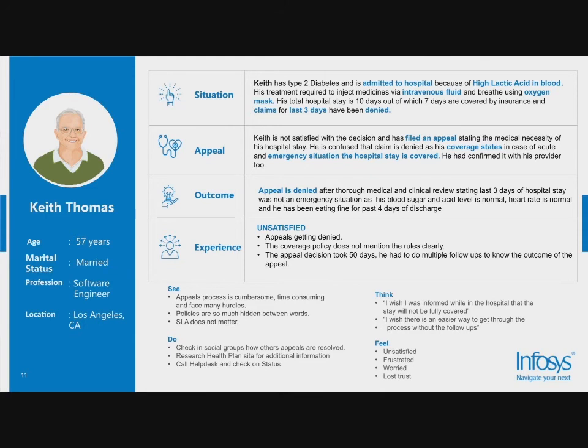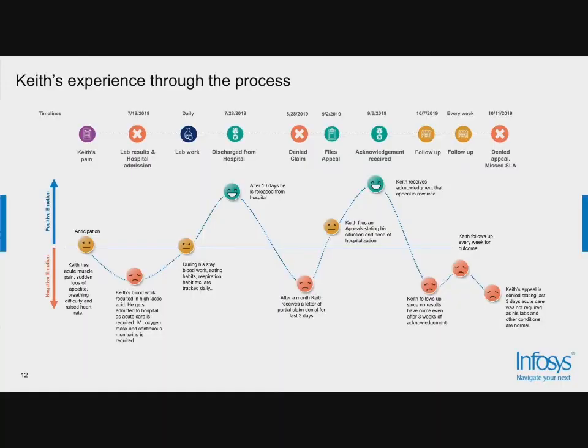Now, looking at the emotions of what Keith went through in the whole process, it's very similar to what we saw earlier. Frustration with the process, the requirement to follow up to get a status, worry about the outcome, that if the decision is not favorable, he has to pay a lot out of his pocket, and he felt helpless when the decision